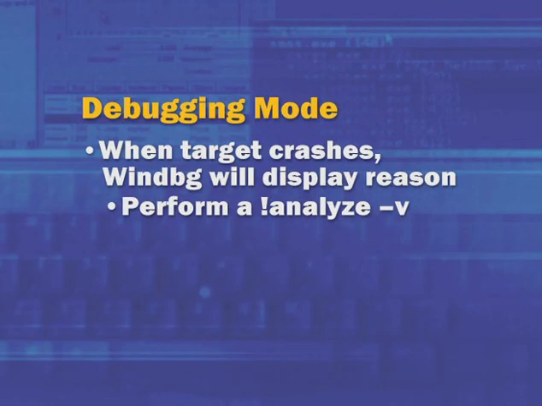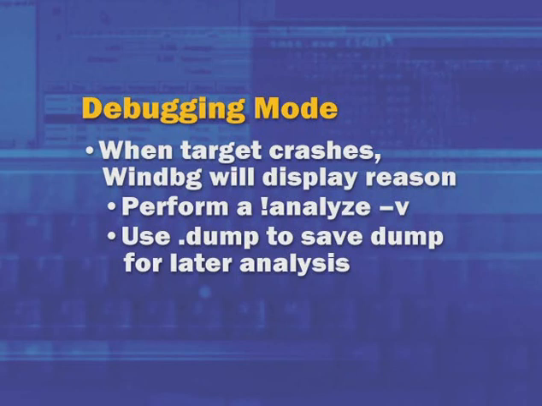Once you've connected WinDBG to the target, you can use WinDBG's built-in crash dump analysis command, !analyze -v. WinDBG will present to you the reason for the crash and the potential culprit. And it will say "probably caused by" and give a driver name. And it may or may not be that driver. There are some other advanced techniques that we cover in our crash dump analysis video that will help you to take the output from WinDBG, interpret it, and decide whether you need to take further steps like enabling Driver Verifier to try to get a better crash.